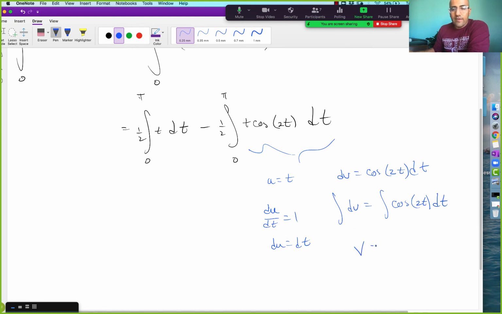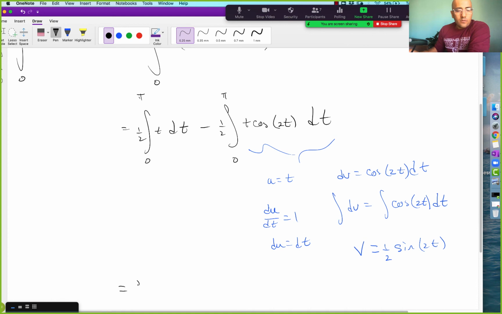So then we have v equals 2, and then this is going to be equal to sine 2t, and then there's an extra 1/2 that goes in there. Right, so the derivative of this is going to give me that cosine. Good. And so we end up saying that this part here is going to then be equal to